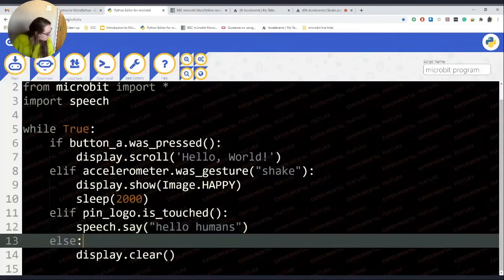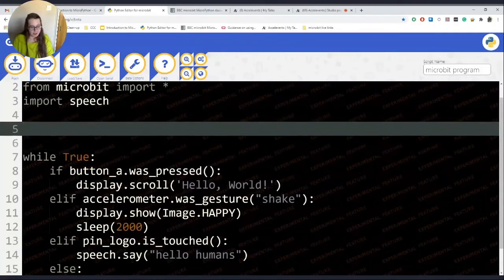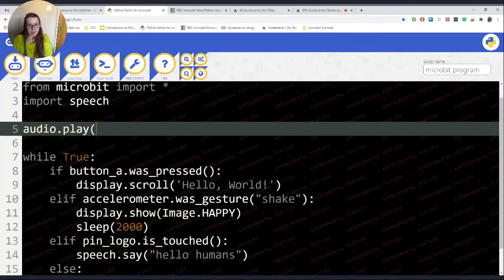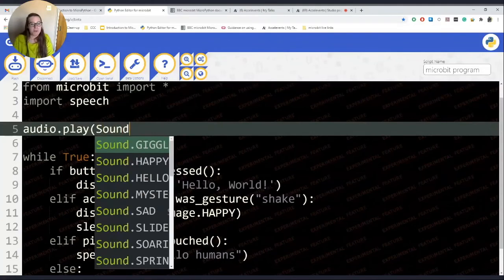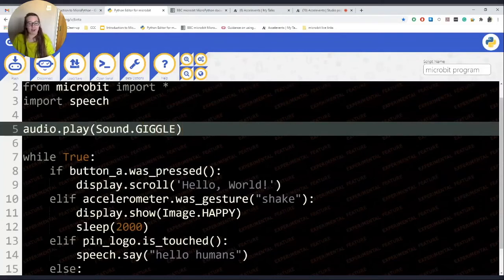So it's really fun. What was I going to do next? Oh yes, another cool thing that the new microbit can do. You've probably seen this already. When you first get a new microbit, it plays you a cute little sound, and they're just amazing. They're really, really cute. The hello one is my favorite because it makes it sound like a little robot just sticking its head up and going zoop, zoop. But we'll do this one first.